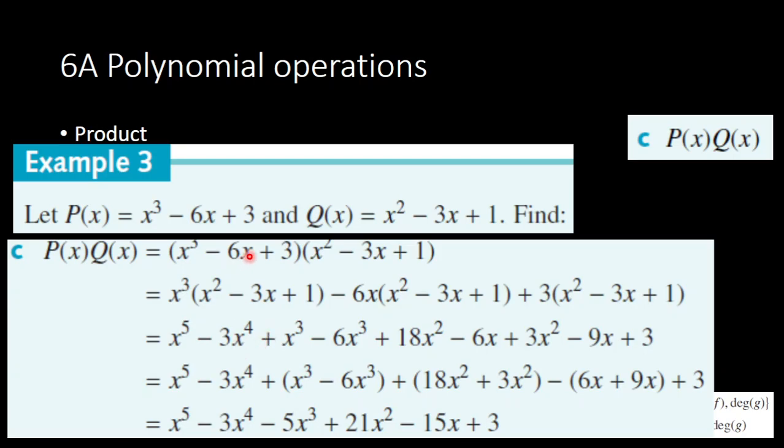Something that is probably straightforward, but you have three terms here, you have three terms there. 3 times 3 is 9, so when it's fully expanded you should have 9 terms over here. Then what you need to do is regroup the like terms. So you should have